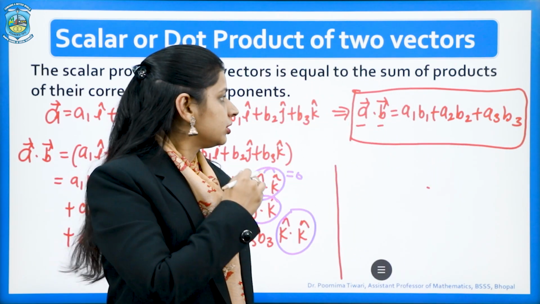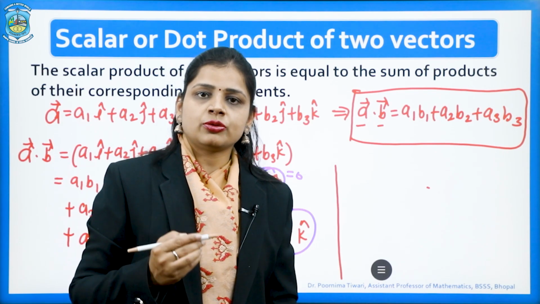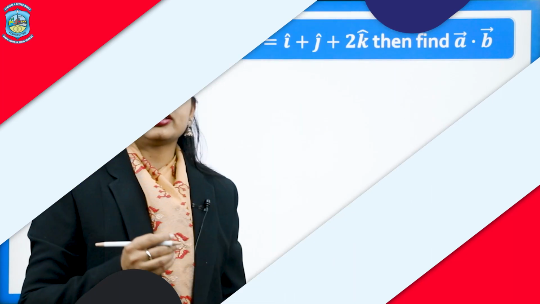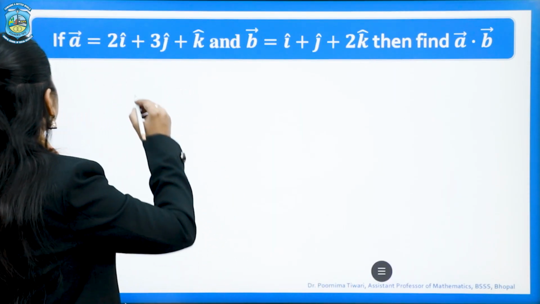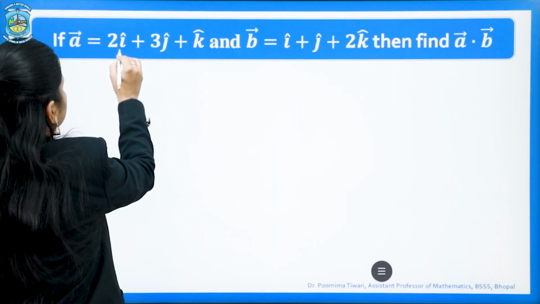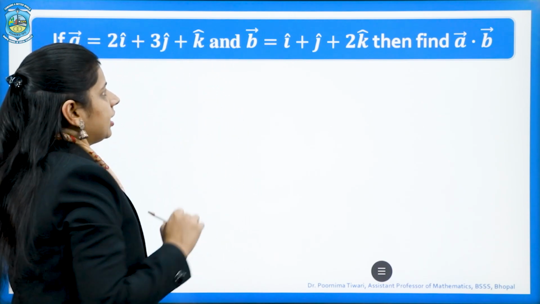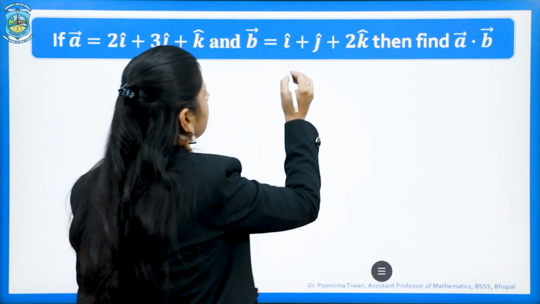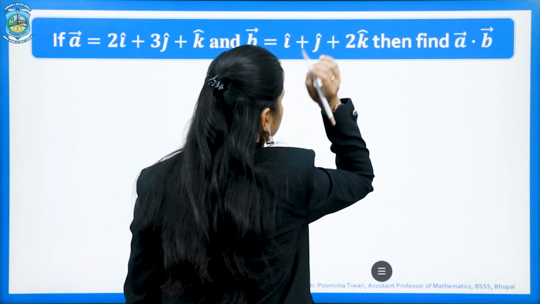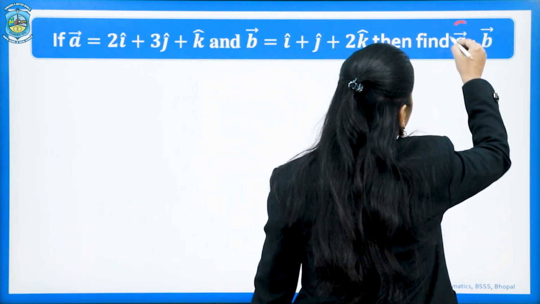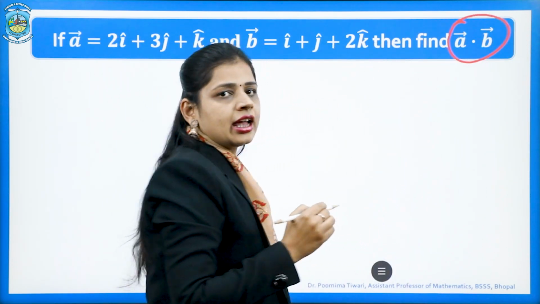So, now we will use this as a formula to find scalar product of two vectors. Let us solve one example. In this question, vector A is given as 2i cap plus 3j cap plus k cap, and vector B is i cap plus j cap plus 2k cap, and we have to find dot product of vector A and vector